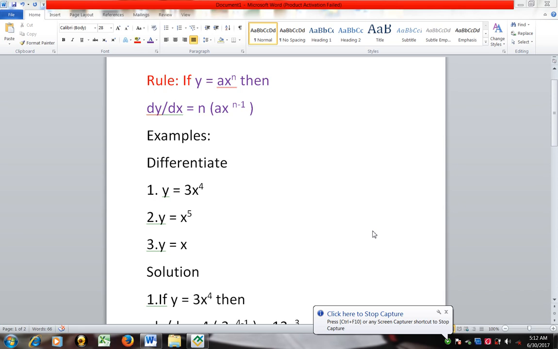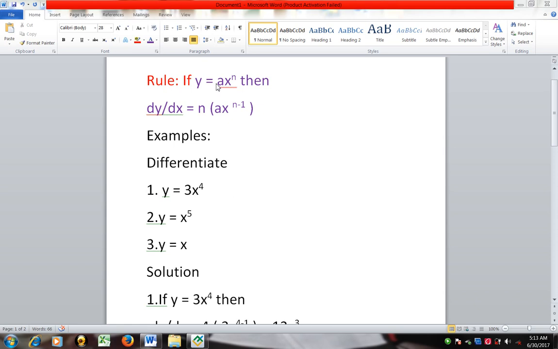In calculus, one of the simplest laws is this: when a function y is equal to ax raised to power n, and we are asked to differentiate this, this is dy/dx. The dy/dx is the derivative of y. So dy/dx will be equal to,